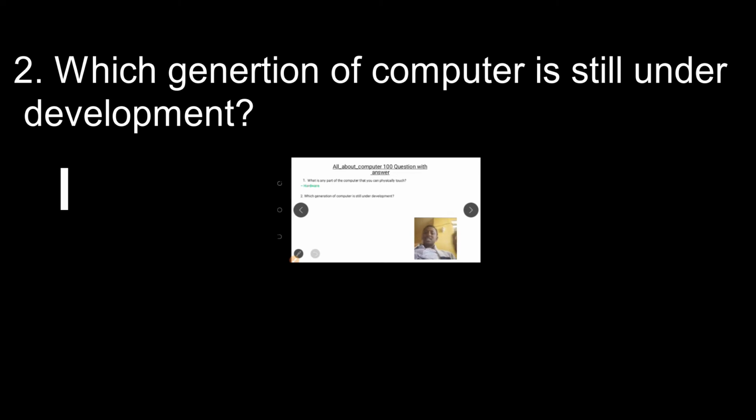Still they need some change or intelligence, as artificial intelligence. AI ብለን የምንጠራው artificial intelligence የሚባለው አሁን ያለው ኮምፒውተር ጀነሬሽን ምን እንለዋለን ማለት ነው? still under development ነው እንለዋለን ማለት ነው። Good.